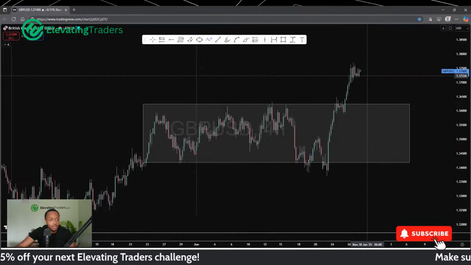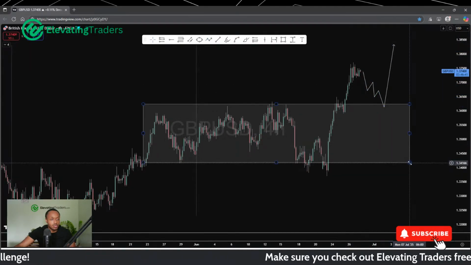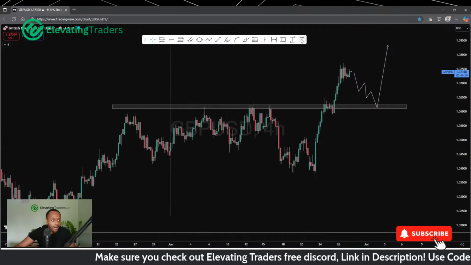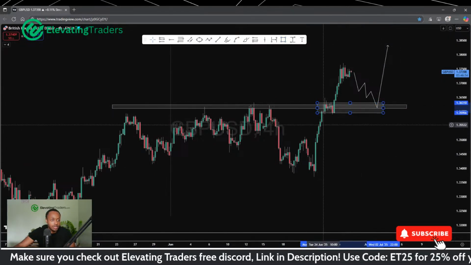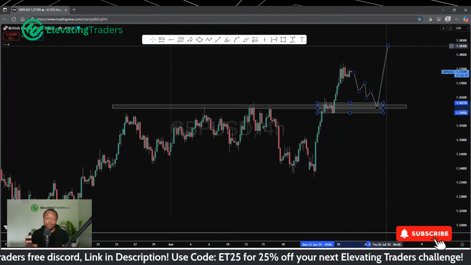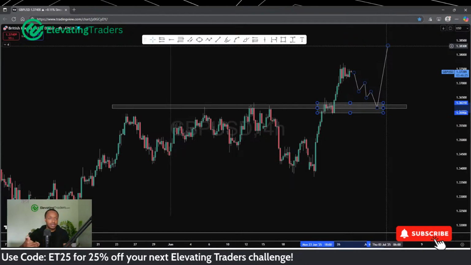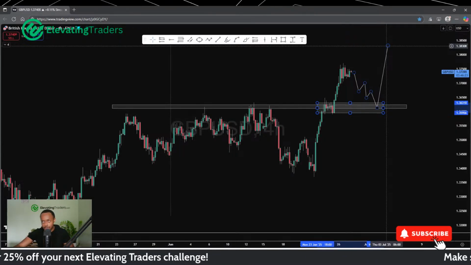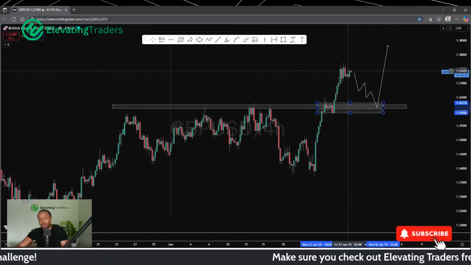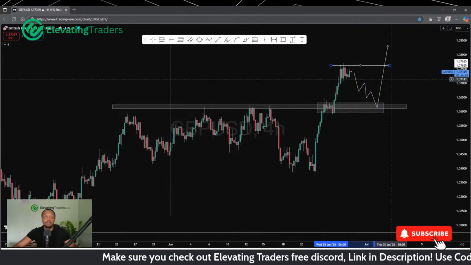So if the market could be kind enough to retest the high of the range, which of course would be prior resistance turned support, I think that would be a very healthy place for a buy. You've of course got this brief range here as well, which gave us some momentum. I think that would be a smart place for a buy. And again, similar with euro, I wouldn't look for a crazy move for pound. Market's been bullish for a while. We are quite dry here a little bit, so I would be careful of that. But I do think we can see a push back into the high, and then we'll go from there.